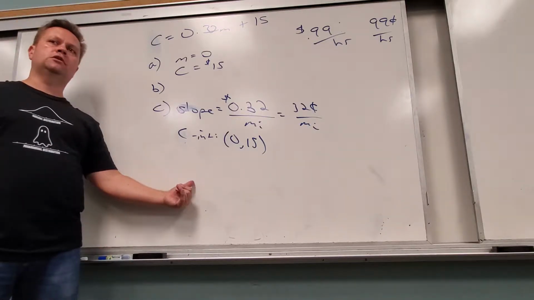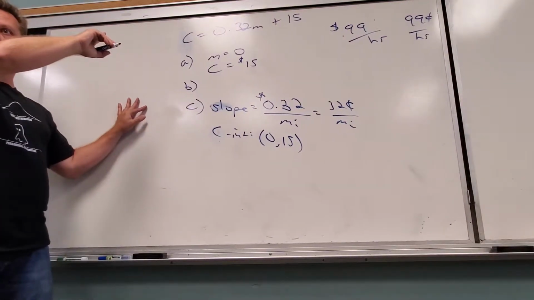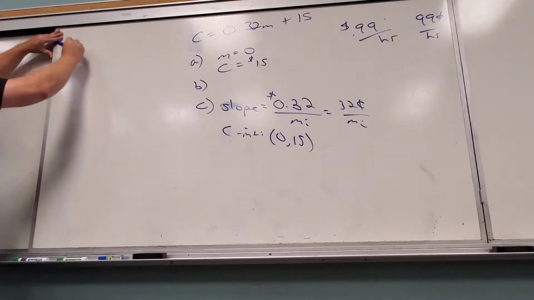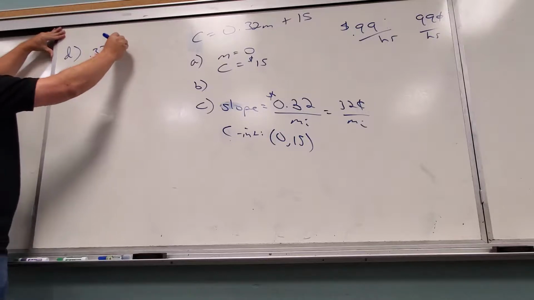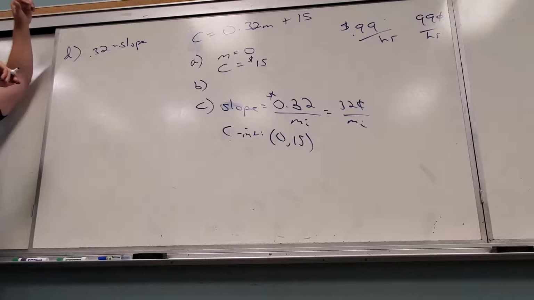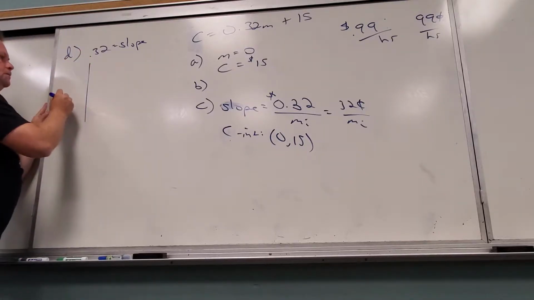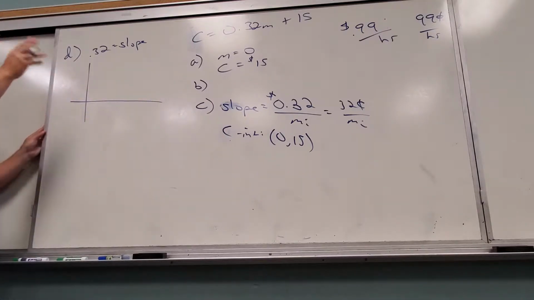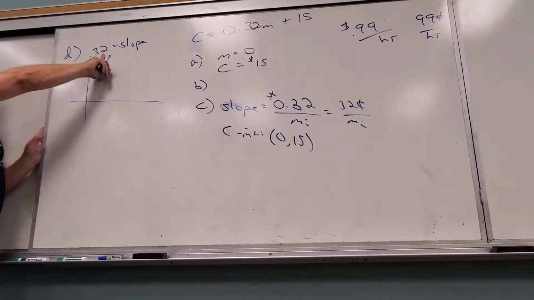And then part D is to graph it. Now graphing this looks pretty gross, right? So part D, if I look at this slope, that is pretty gross. One thing you could do, there's a couple things you can do. The y-intercept is 15. And then it goes up 32 cents per mile, right? So one thing you could do is,